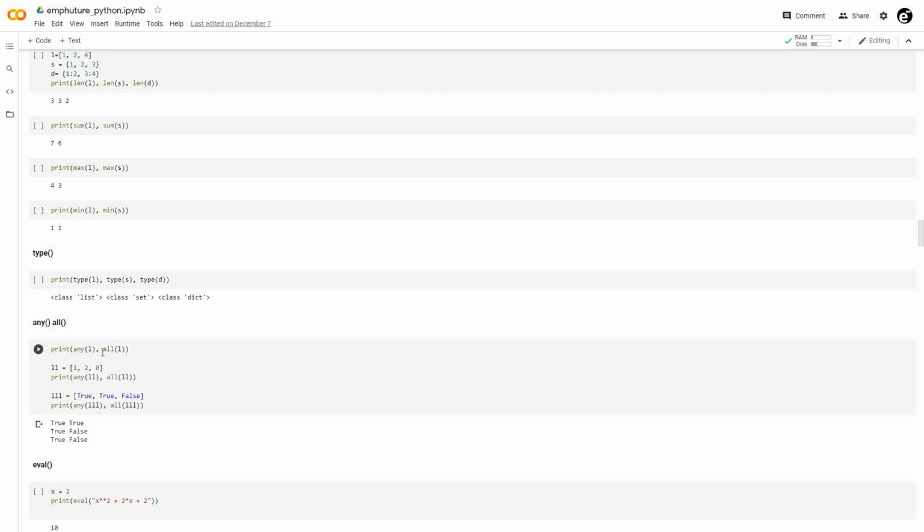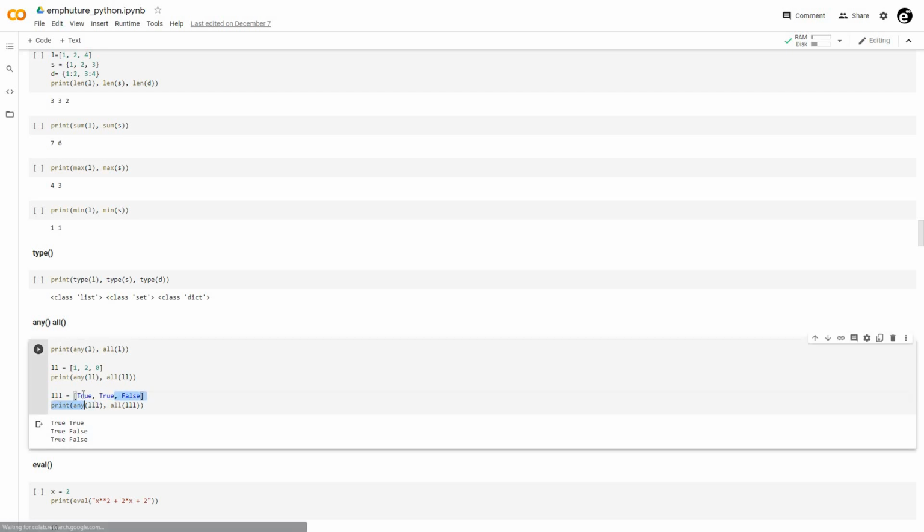Then we have any and all functions in Python. Any checks that is there any true value inside a list. If at least one true value is there, it will return true. And all returns true when there are all true values in a list. As we can see here, we have two true values here.